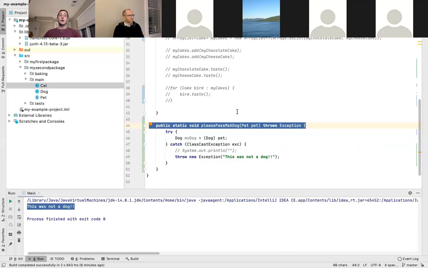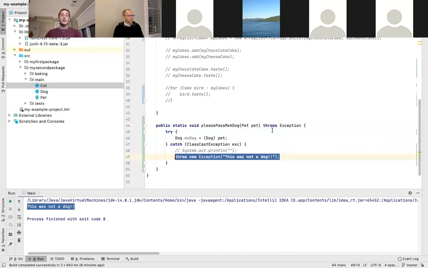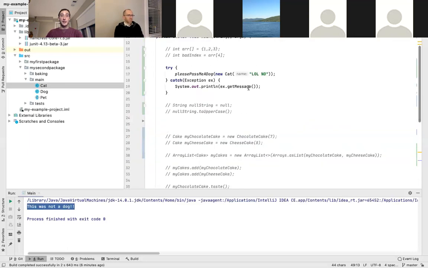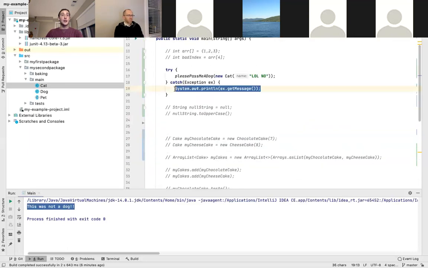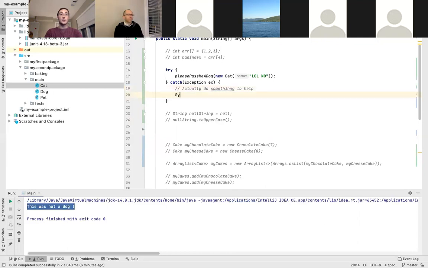To end on that, I use throw down here because it's a weaker method compared to main up here. So up here is where I would want to do something. I called the please pass me a dog method, and it told me there's a problem here. So up here, I'd be like, okay, I want to print out,